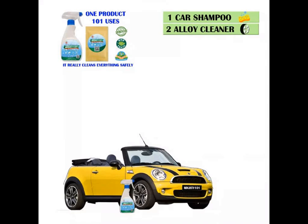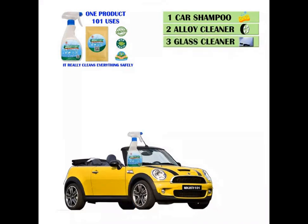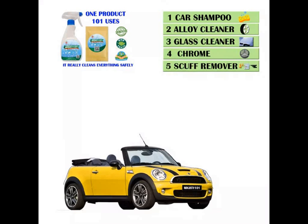Mighty101 is perfect for removing bugs, insects and traffic film from windscreens. Mighty101 really makes your chrome sparkle. But what is really amazing, is that Mighty101 will even remove tree sap, all types of glues, and rubber marks